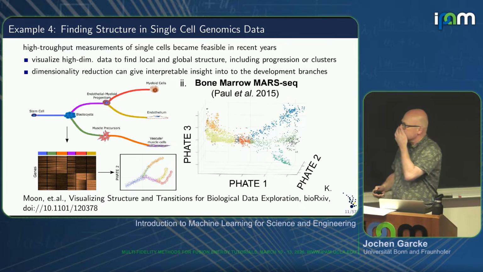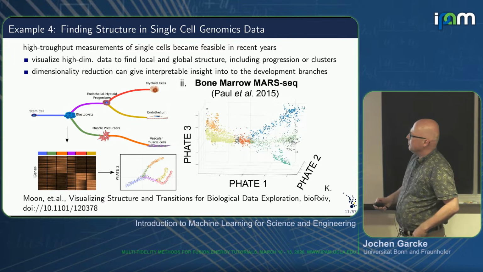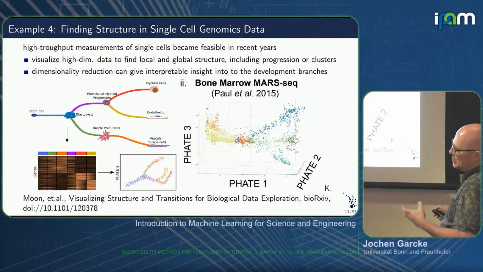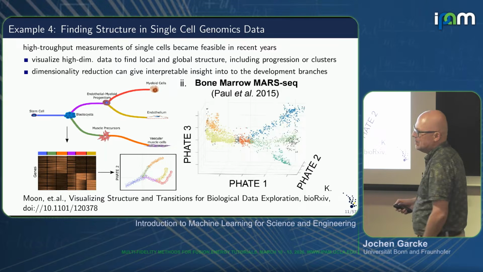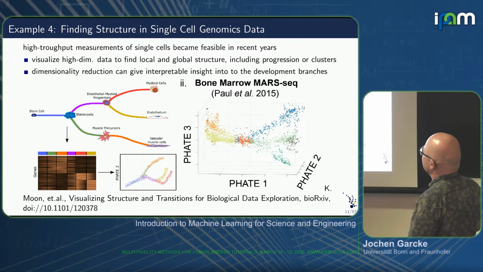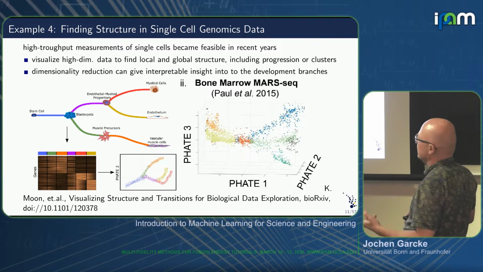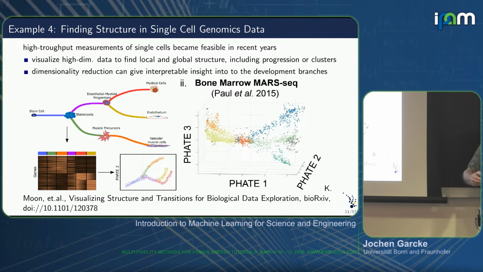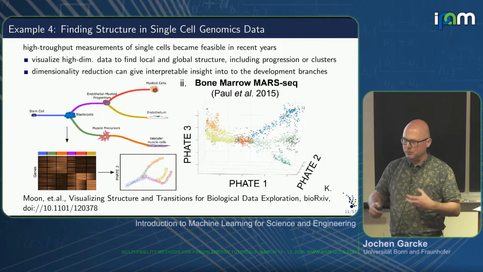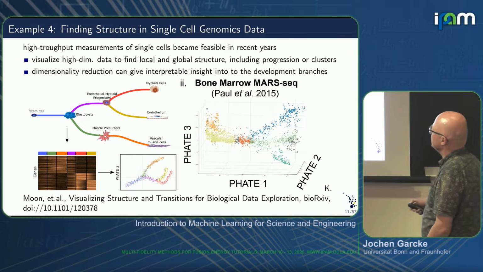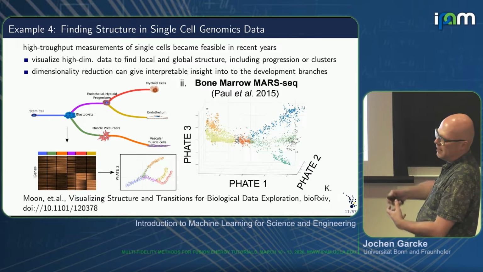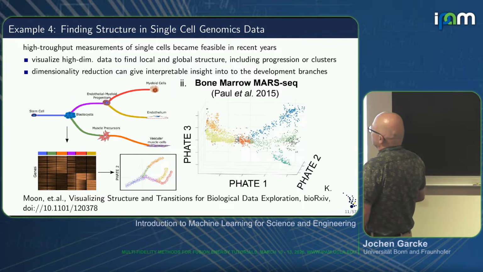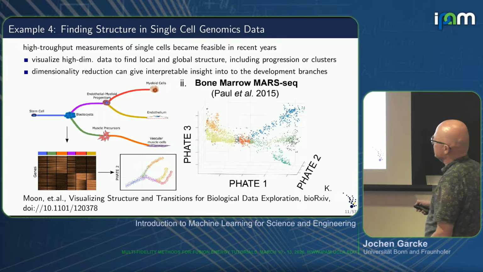And an unsupervised science example, which I forgot to update a bit more. Since we talked about gene code, we can talk about genomics data maybe. These are single cell measurements, which went from expensive experiments to very easily, systematically, in bulk, doable experiments in genomics. But then you have lots of high dimensional data, and you want to find structure in that. So this is what, in the end, they're after.